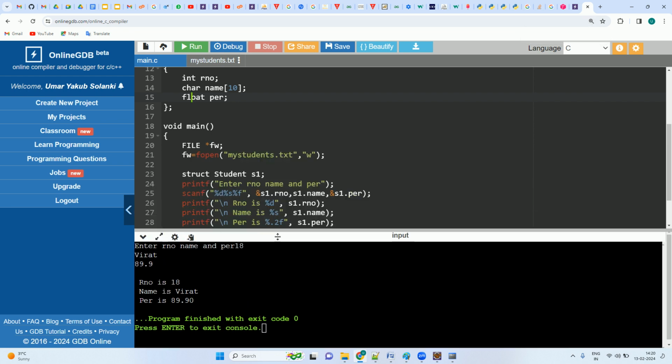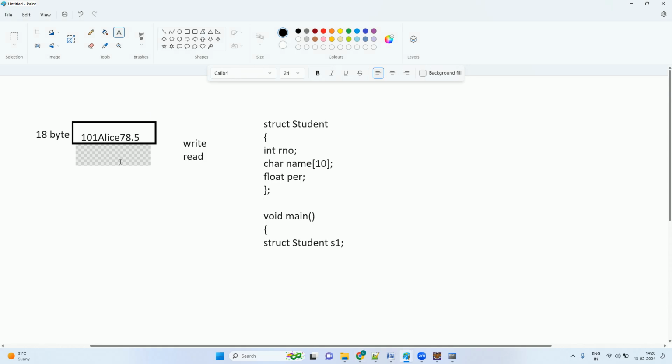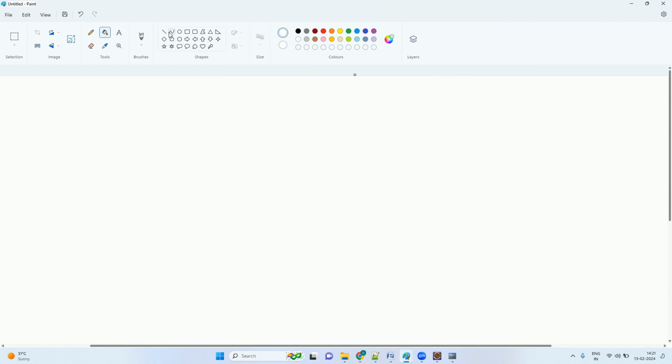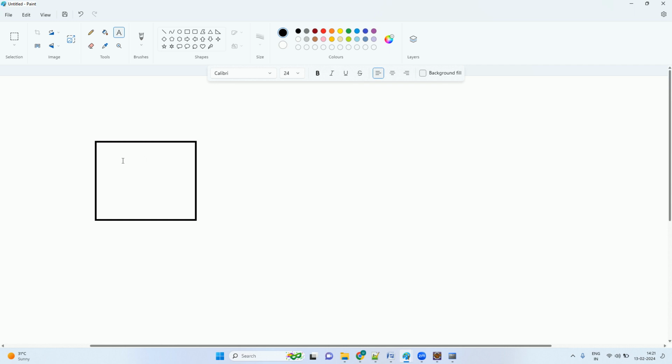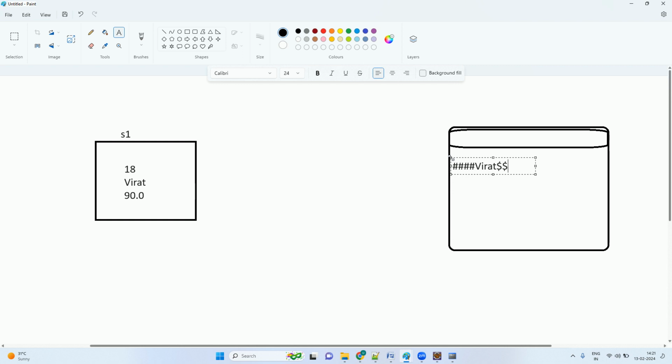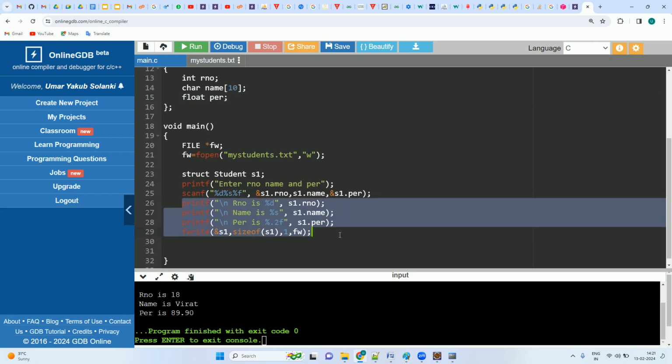अब मुझे इसको रीड करना है। ठीक है, तो अभी मैंने देखो क्या किया। समझो उसको। दिस इज व्हाट यू हैव टू अंडरस्टैंड। ये जो मेरा डेटा मैंने सेव किया, कौन से ऑब्जेक्ट में था वो? S1 में। और क्या था उसमें? 18, विराट, और जो भी था, 90.9। ठीक है, अब ये मैंने फाइल में सेव कर दिया। तो फाइल में जब वो गया, जो भी फाइल का नाम था, mystudent.list.txt जो भी, तो उसमें वो गया। क्योंकि बाइनरी डेटा है तो मुझे समझ में नहीं आ रहा। ठीक है, तो टेक्स्ट थोड़ा बहुत दिख गया मुझे, बाकी दिख नहीं रहा। और मैंने चूँकि S1 से डिस्प्ले किया था, तो मुझे डिस्प्ले हो गया।